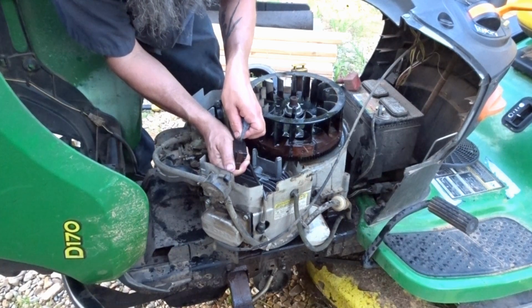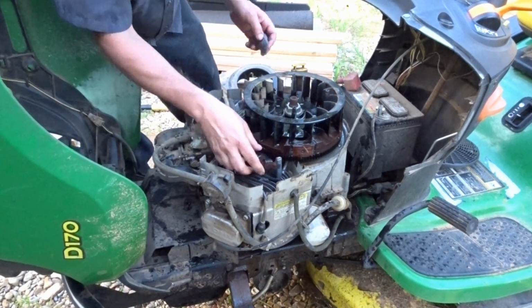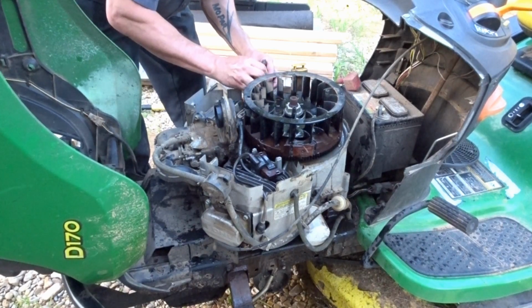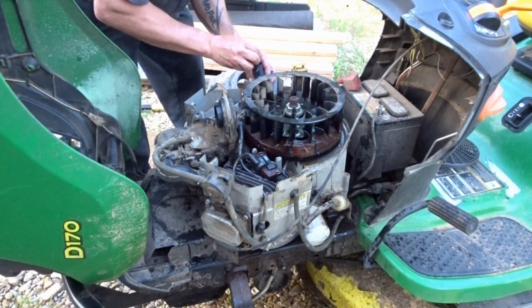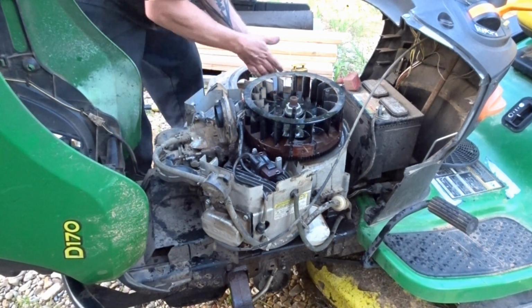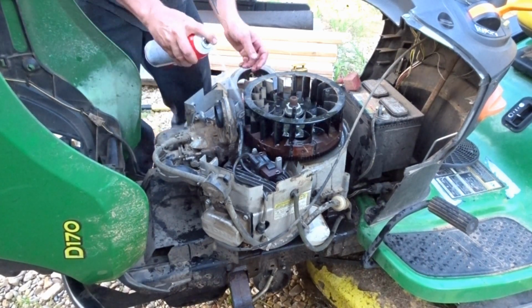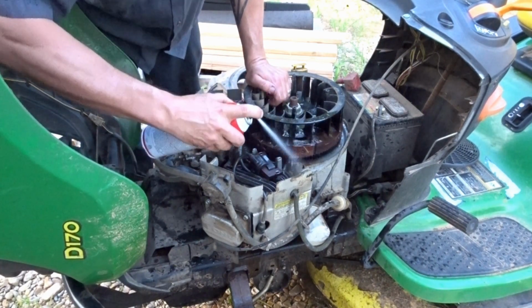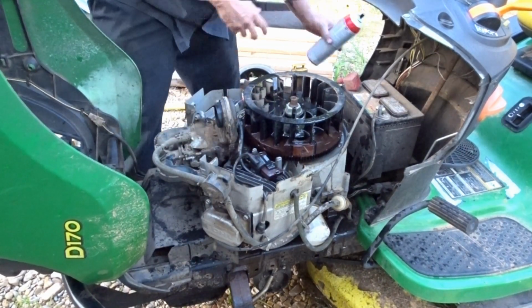Now, I might be totally wrong. It might not even run after this still. Well, it'll still run off the one cylinder. I might have a dead coil. But this is what happened last time. I don't have a place to park it out of the weather. I try to keep it covered in a tarp. It just doesn't always happen. So,